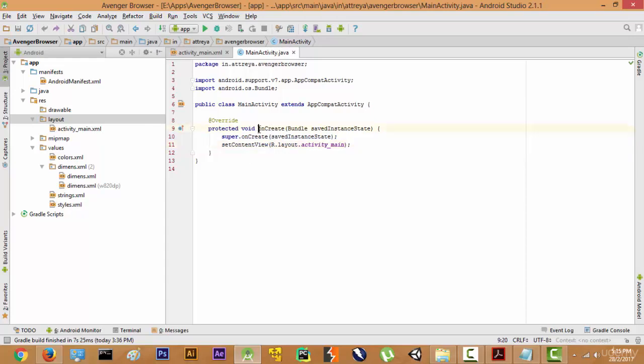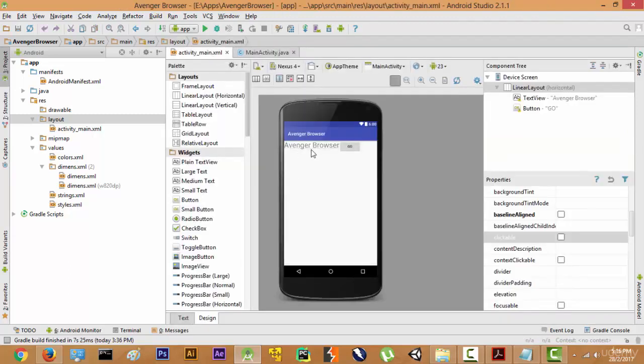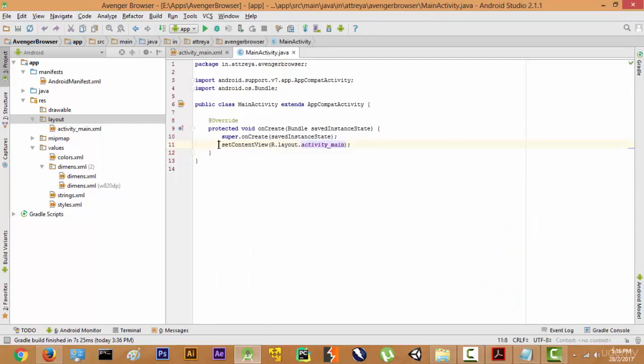So it's saying onCreate basically creates the application, and in the application set the content view as R.layout.activity_main. So set the layout looks like this one. So this is the function of setContentView, which is pretty self-explanatory by the name: content view R.layout.activity_main. So after this, what we actually want to do is